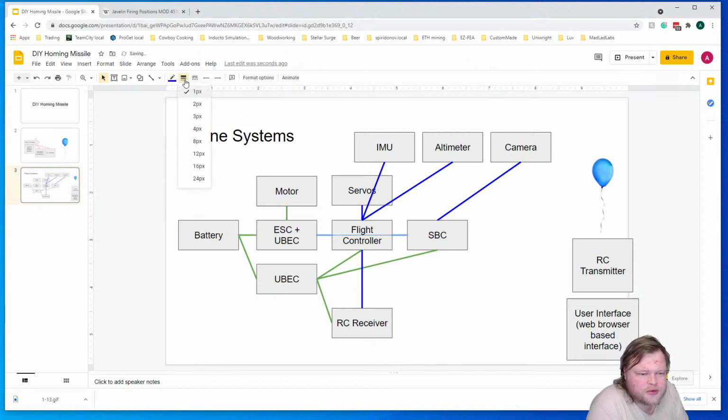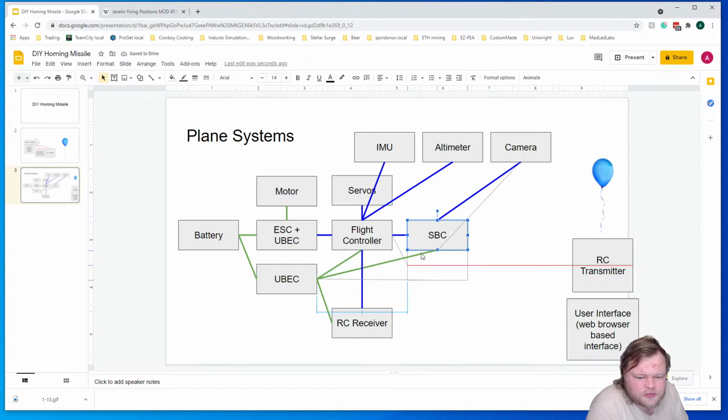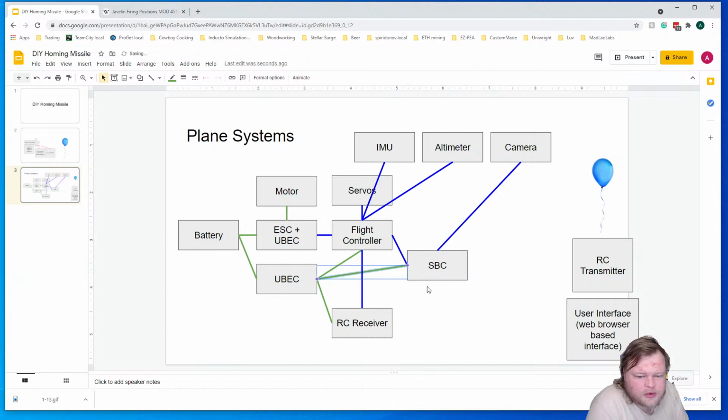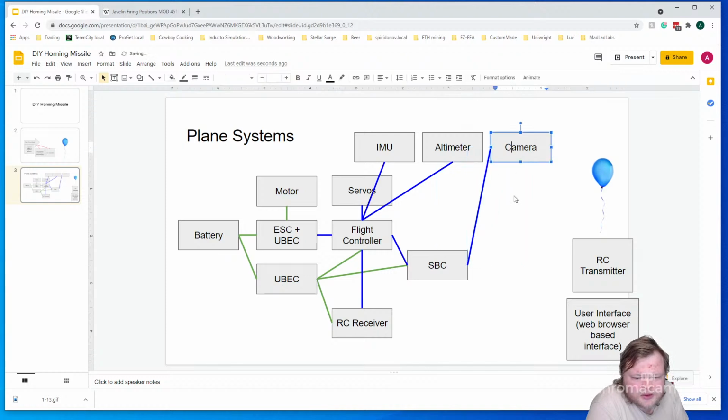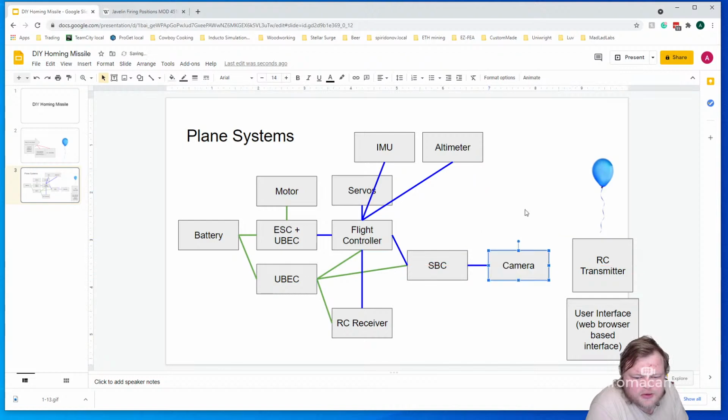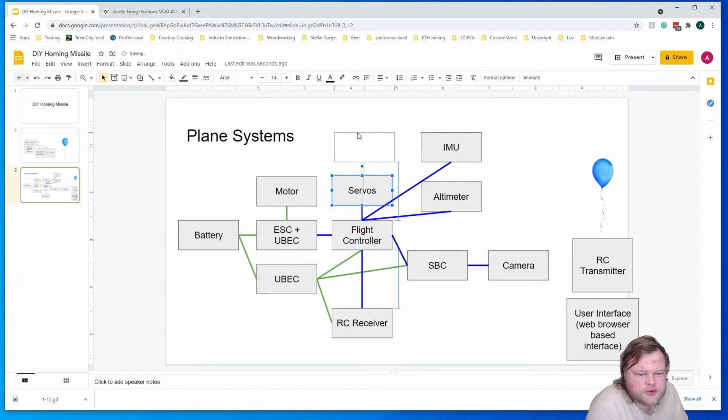Let's make them blue, give them a little more thickness. Let me reconnect this over here, connect this over here. IMU, servos, motor,